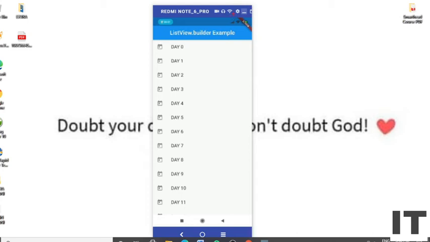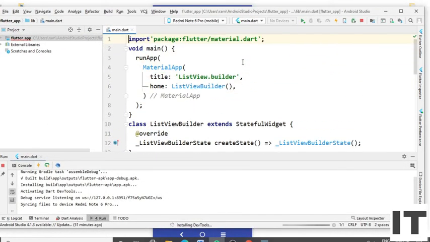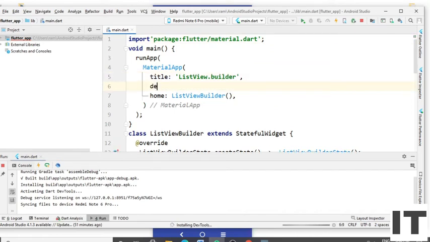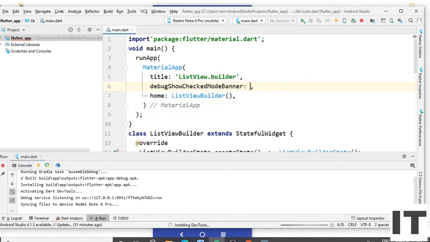Now I remove the debug banner and give the color to the title and the leading icon. Type here debugShowCheckedModeBanner and give the value false.